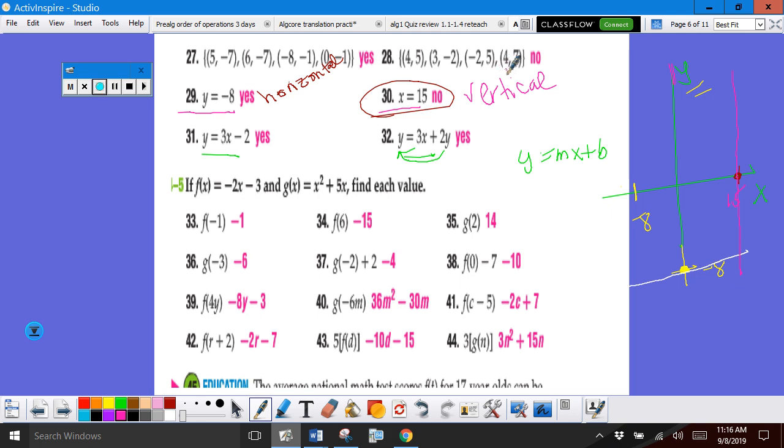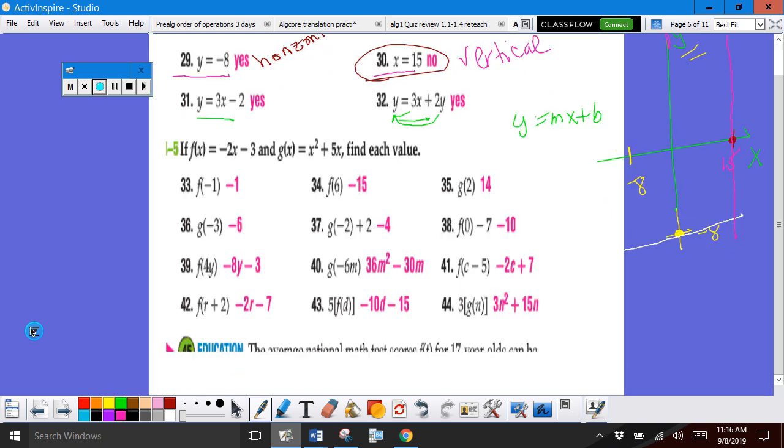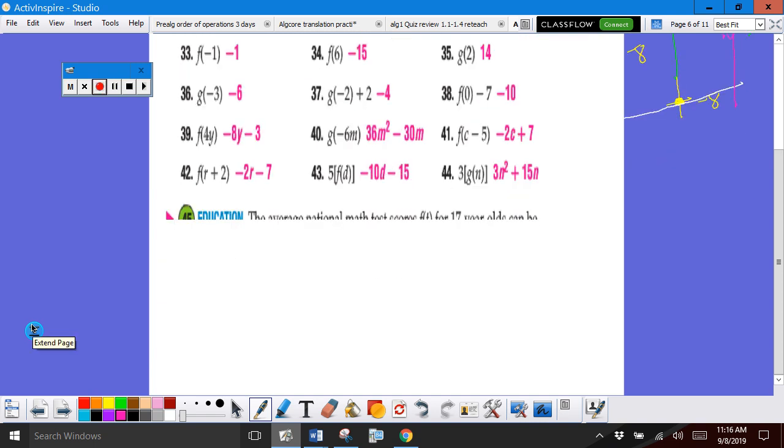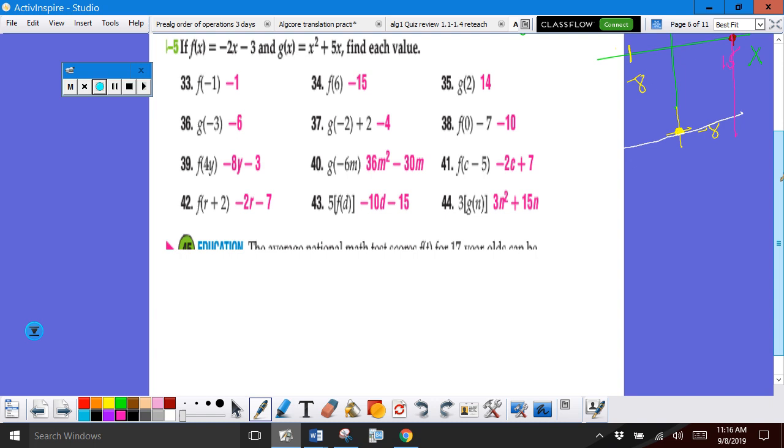When you take a look at number 28, make sure that you notice that those are those two 4s. That's why there's no function there. Okay, let's go ahead and keep going here and take a look at the problems from the homework